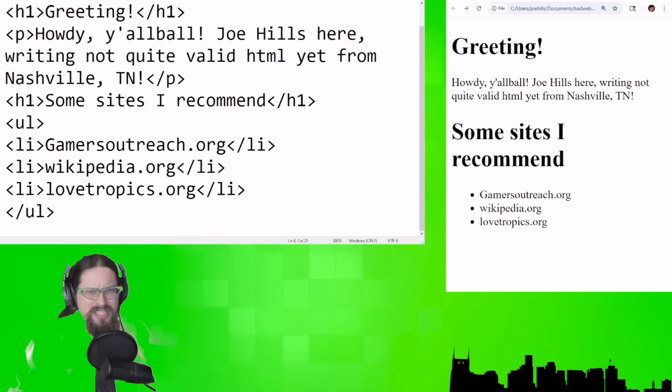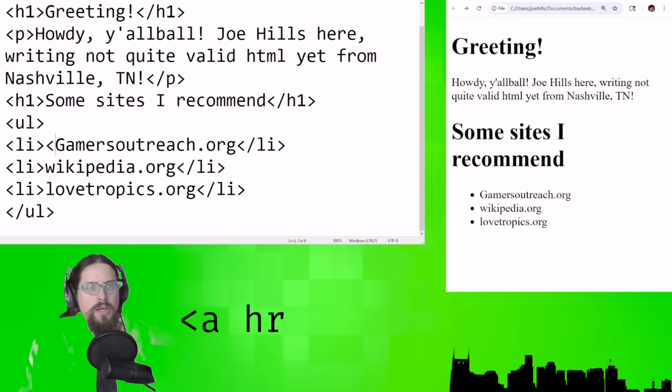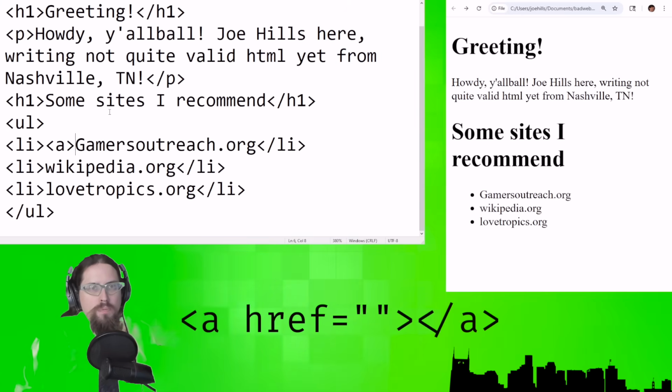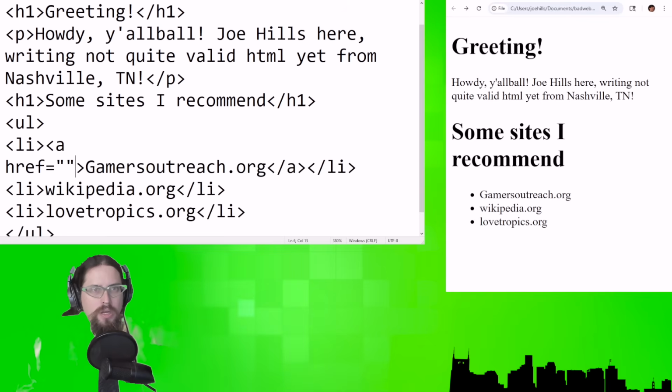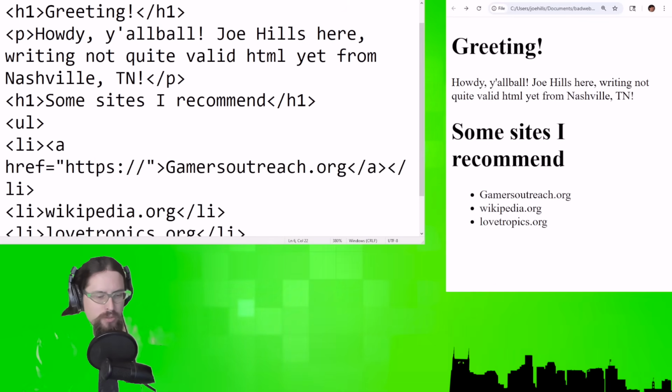And you guys have probably seen links before. Now that the internet's a little bit more popular than it was when I started, most people are generally familiar with links. And those are created using the anchor tag. So we can't just put an open anchor tag and a close anchor tag around that, because it won't point anywhere. We need to add an href attribute, which will let us put in the precise URL we want to point to,